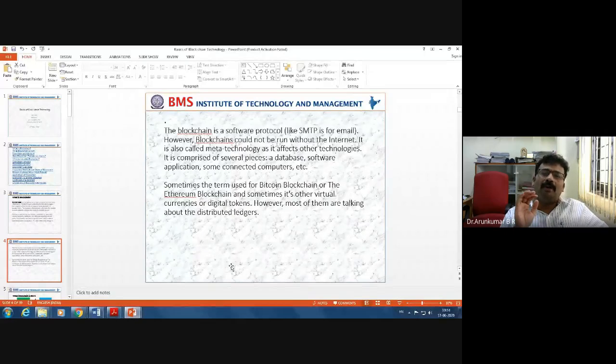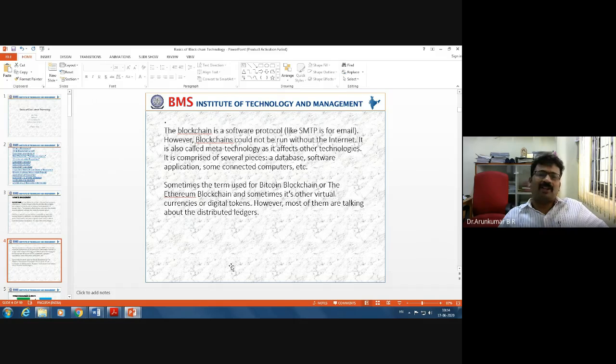It is also called meta technology as it affects other technologies. It's comprised of several pieces: a database, software application, some connected computers, etc. Sometimes the term is used for Bitcoin or the Ethereum blockchain, and sometimes for other virtual currencies or digital tokens.